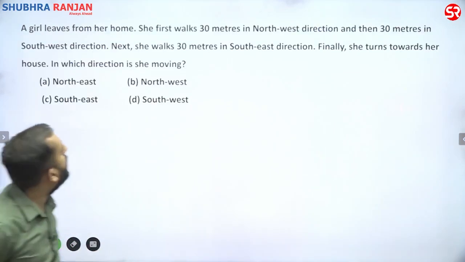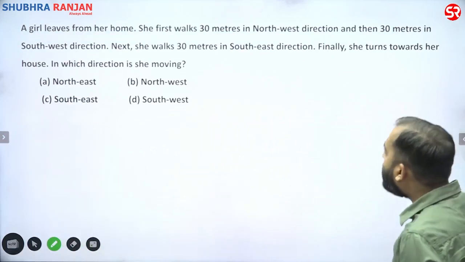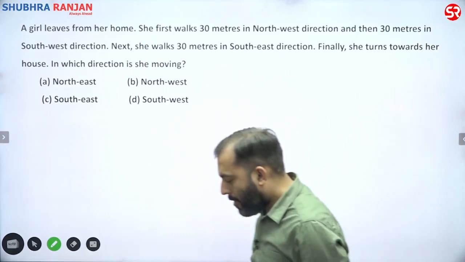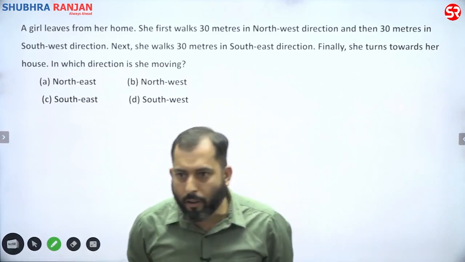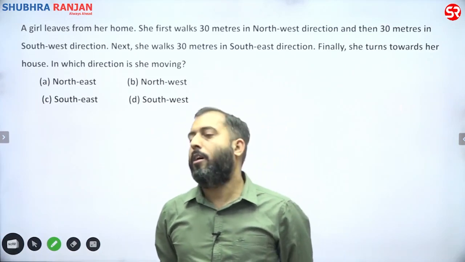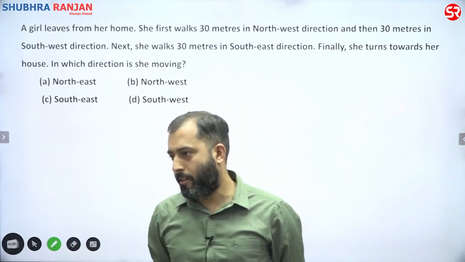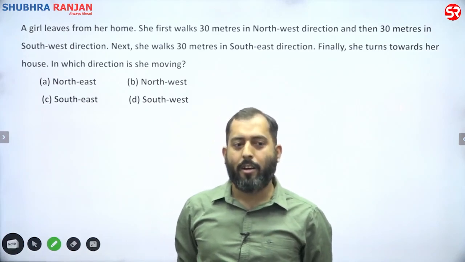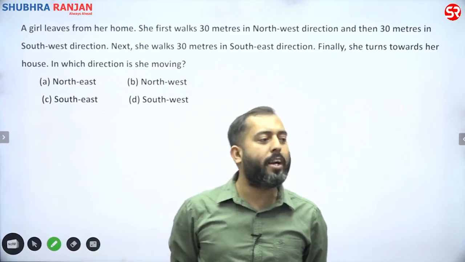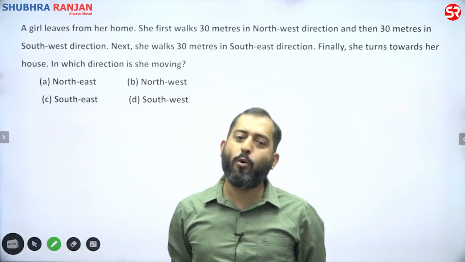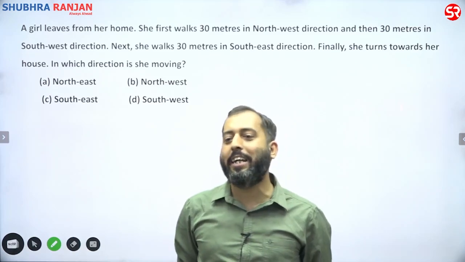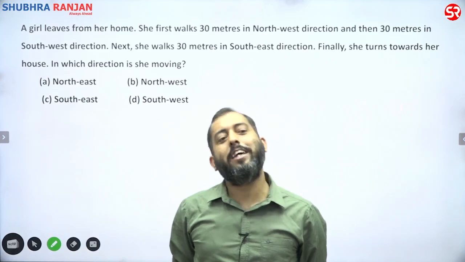Now try this one. Okay. Before solving this question, I have a question for all of you. A very basic question. Do you know what a square is and what a rhombus is? What is the similarity between a square and a rhombus? In both, all sides are equal. In both, diagonals bisect each other at 90 degree. Alright. Then what is the difference?